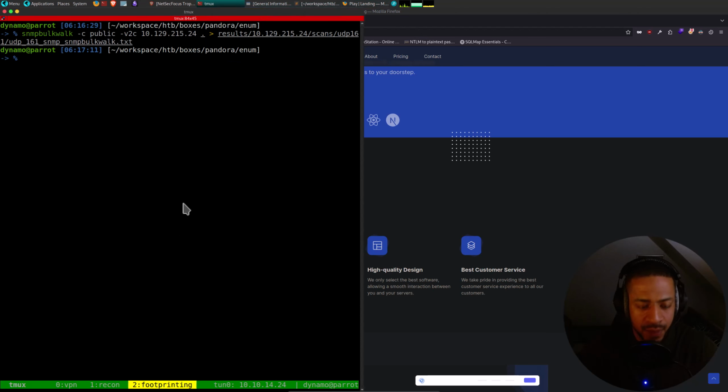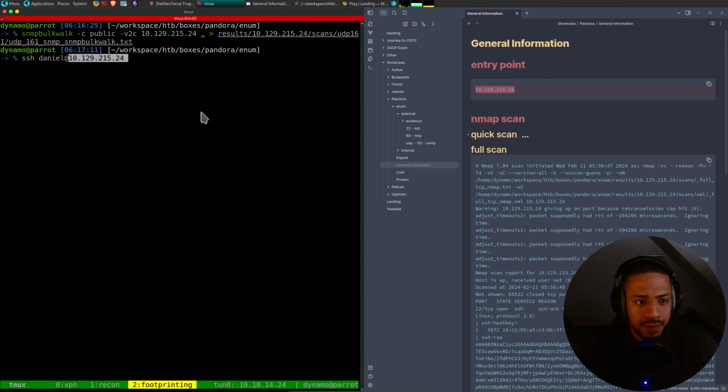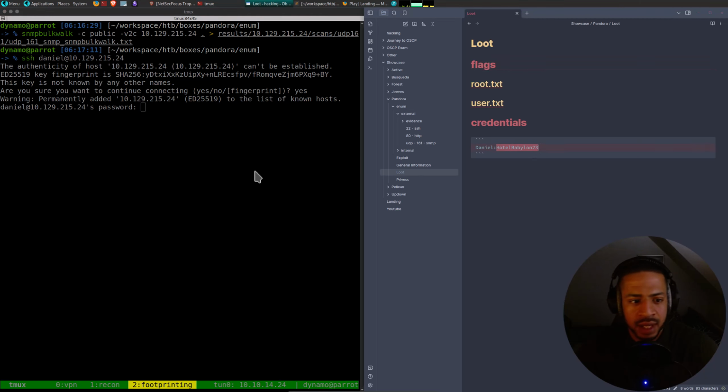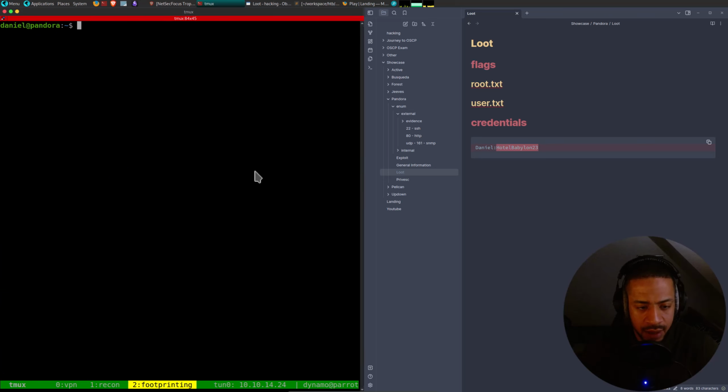So SSH Daniel, and then the IP, like so. And then we take the password, and we have an initial footprint.